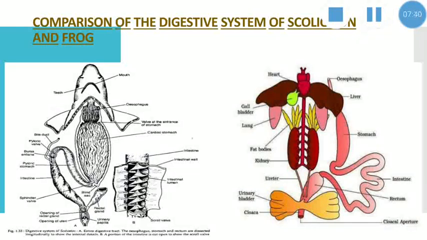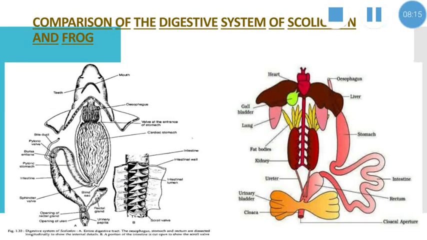So in the case of frog, pharynx is smaller than buccal cavity. It lacks spiracles and gill slits. Then pharynx leads to open into the esophagus. In Scoliodon, the esophagus is a long, coiled, tube-like structure which opens into the J-shaped stomach. In the case of frog, the esophagus is short but wide, with a mucous membrane lining the esophagus, which leads to open into the